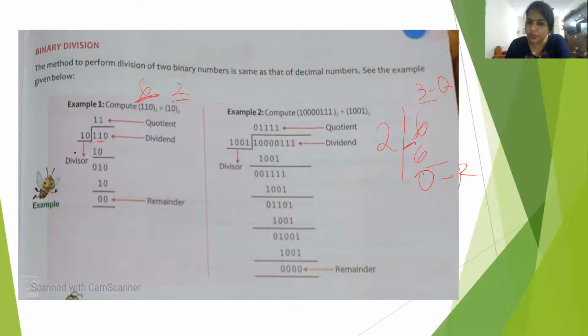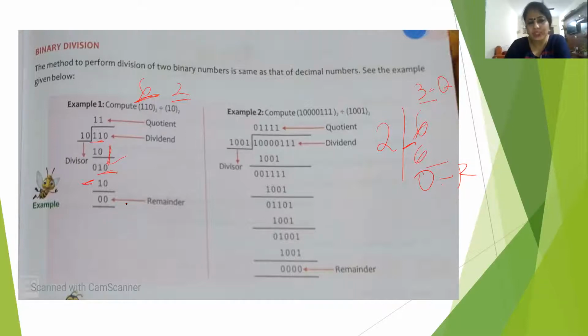Now 11 is more than 10, so subtraction is possible, so we write 10. Normal subtraction, which I discussed in the last class, is done the same way here. 0 subtracted from 1 is 1, and 1 subtracted from 1 is 0. Now 1 is the result. The next 0 is dropped down, so now it is 10. Then we write the divisor 10 again. The subtraction is possible, so we write 1 again, and the remainder is 0.